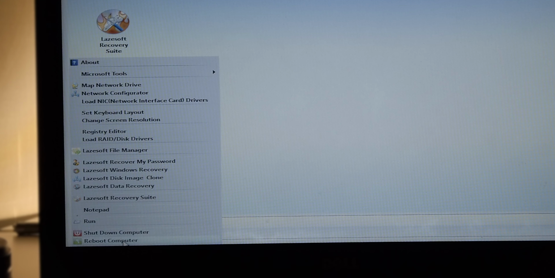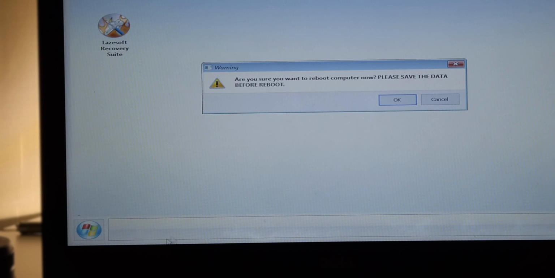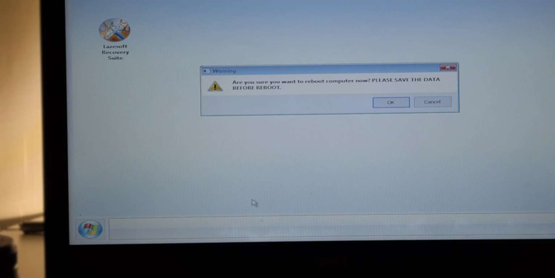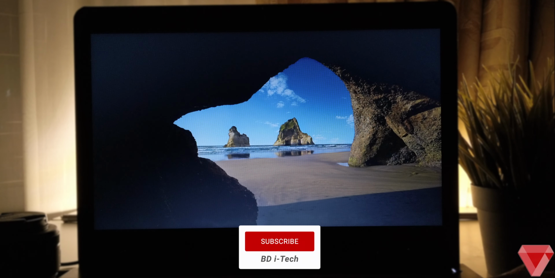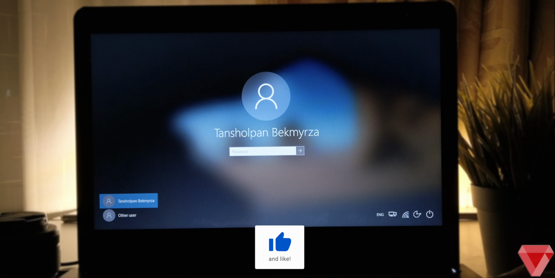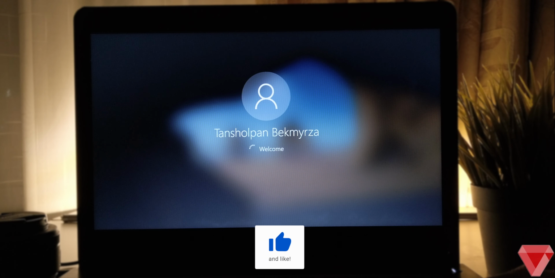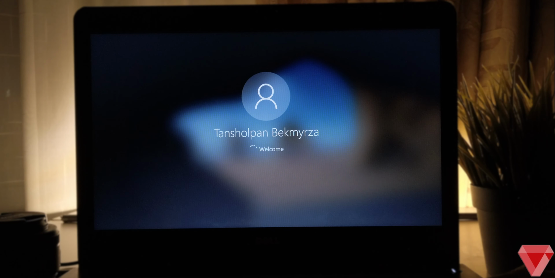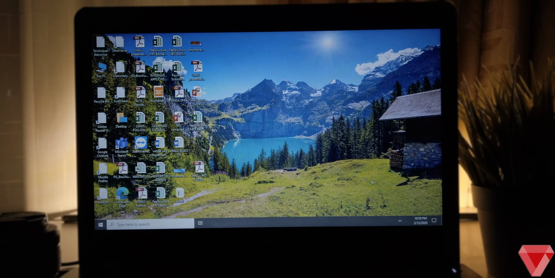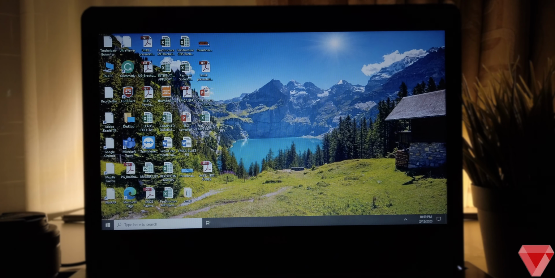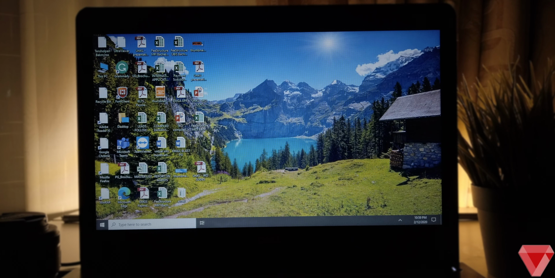Let's just reboot the computer from bottom left. Fingers crossed. And let's hope this time there is no password. Press Enter. And once the password screen appears, just press Enter again without keying in anything. Hola! Wonderful! There we can see the welcome screen. That means the password reset was successful.